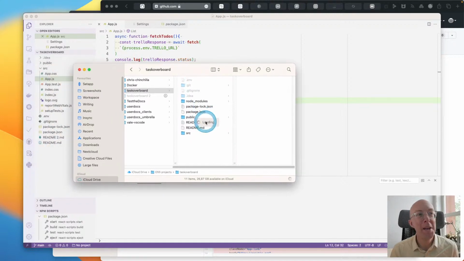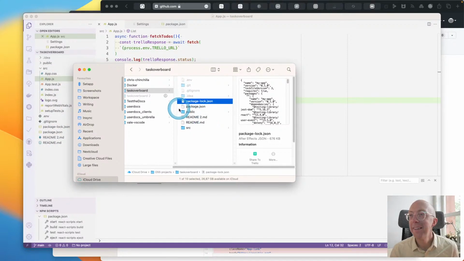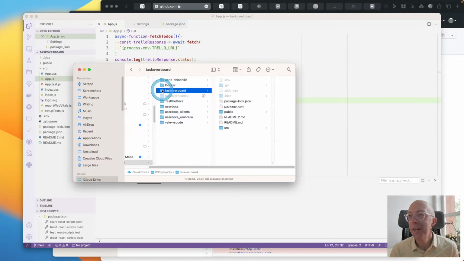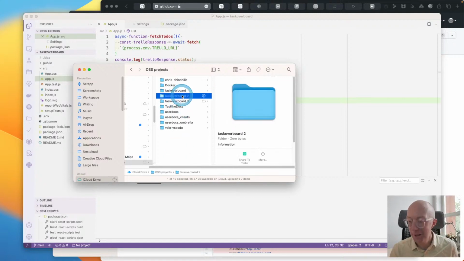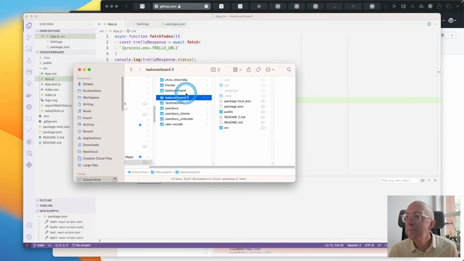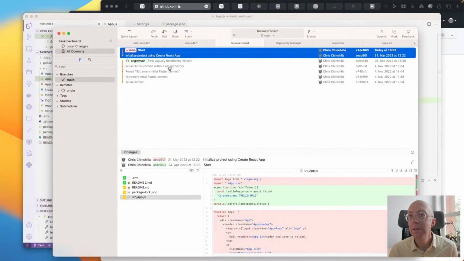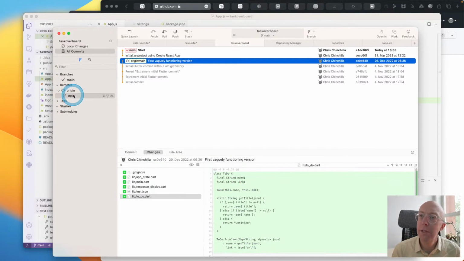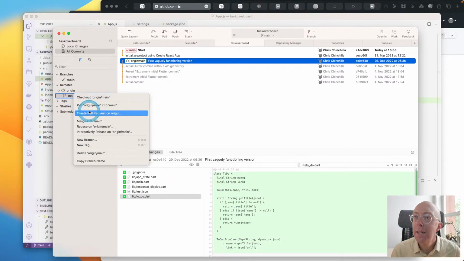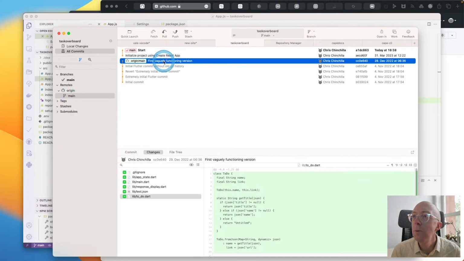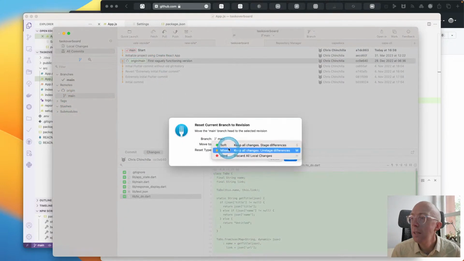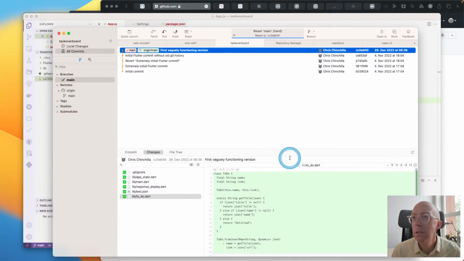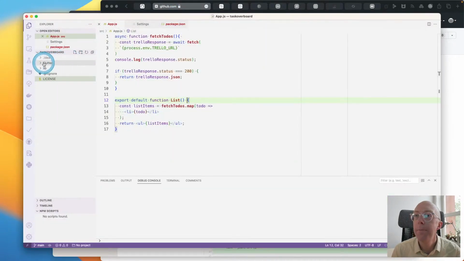I think this might be problems caused by me attempting to put this in iCloud. I might find that was a bad idea. So that was much quicker, as you can see. All right. Good. I think now just overwrite all of that. I thought I had made branches of all the different languages, but obviously I hadn't yet. So we'll just reset main to here with a hard reset. We should be back to Flutter now. Yep.